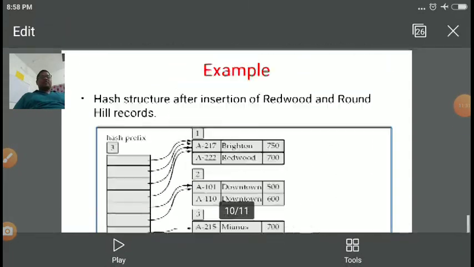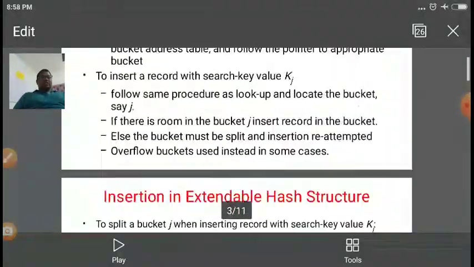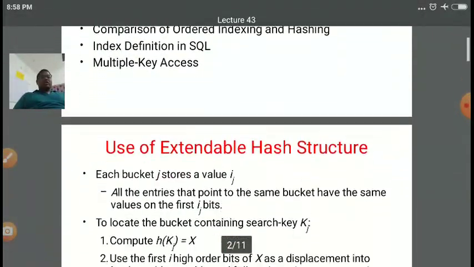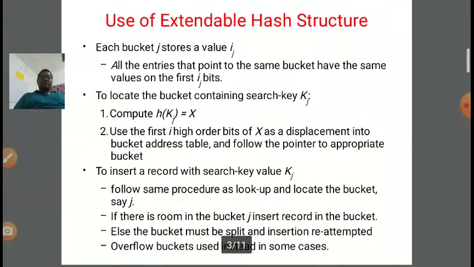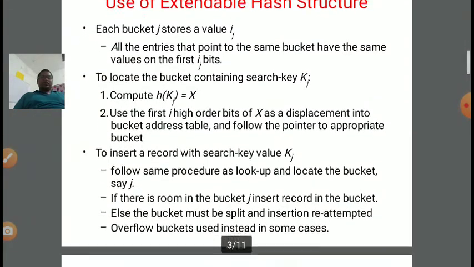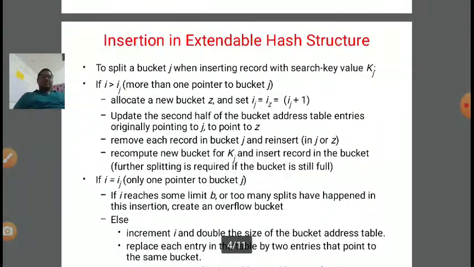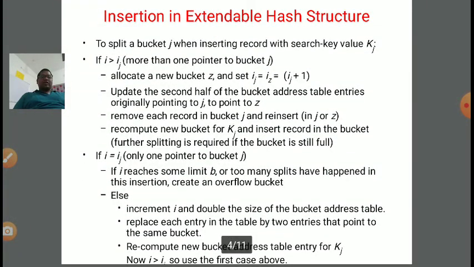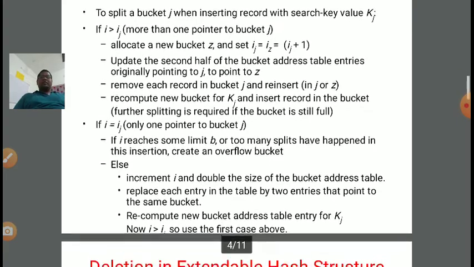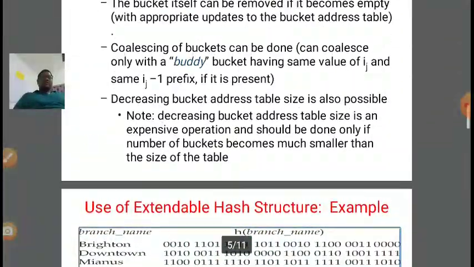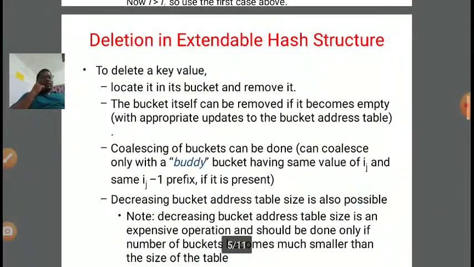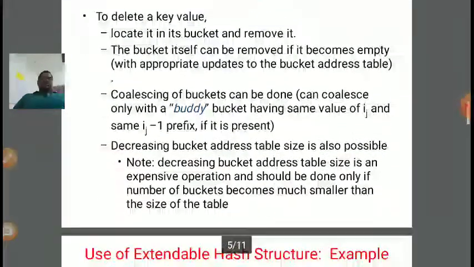In this lecture we covered the insertion and deletion operations. First, how to use the extendable hash structure; we covered the algorithm steps in much detail. After that, the insertion operation, where we took some possibilities and covered how to perform insertion in the extendable hash structure. Then we covered deletion in the extendable hash structure.